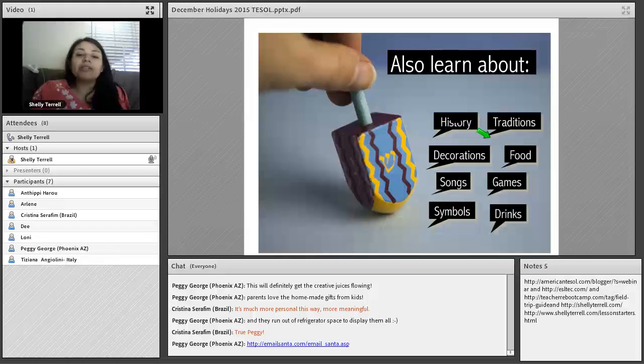Also, they can learn about the different games. Here's a very popular game that students can learn about. They can also make those. There's actually many different sites that will show you how to make these simple little crafts and games. And then your students have something to play with during the break if they do get a break. You can see what the different symbols mean, different drinks they drink, and you can just learn a lot about